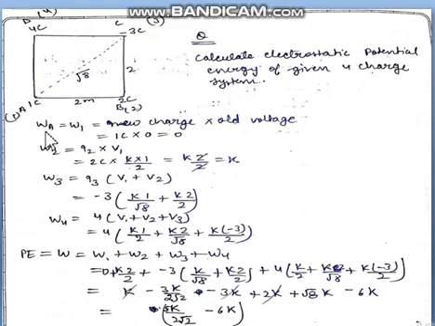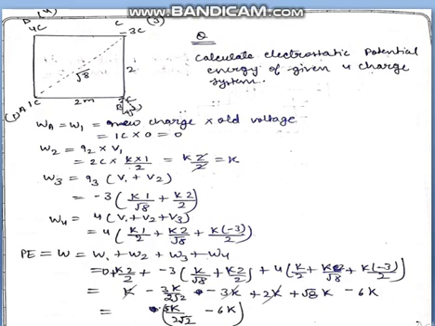So work A, we can also call it work first. Work first means the work to bring the first charge to its location. The formula is new charge times old voltage. We brought the charge of 1 coulomb, so the new charge is 1 coulomb, and before 1 coulomb none of the charge was present, so no voltage was present before, so the old voltage was 0. That's why the first work obtained is 0.